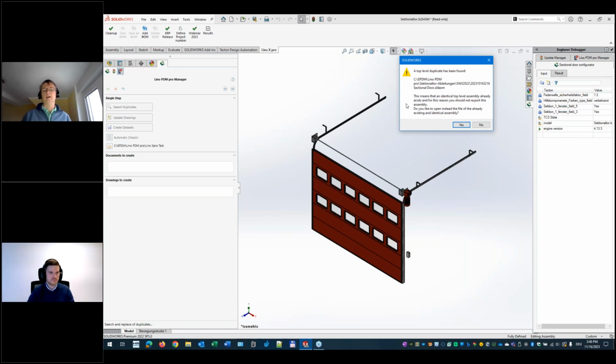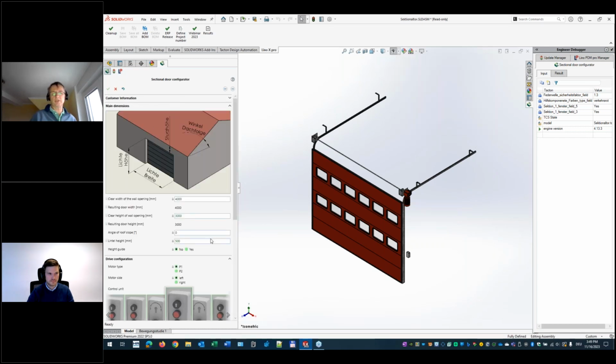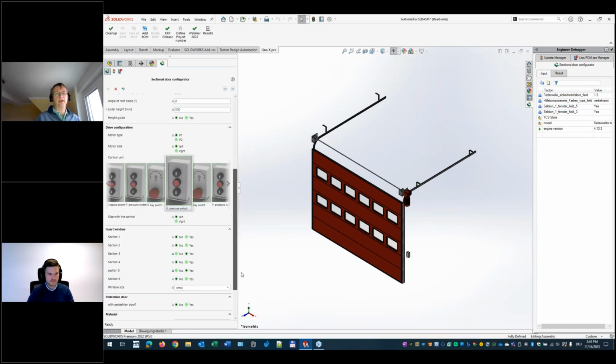And this happens here, and now I get the information window. I can open this found variant, or I can say, no, I want to change the configuration, and now I